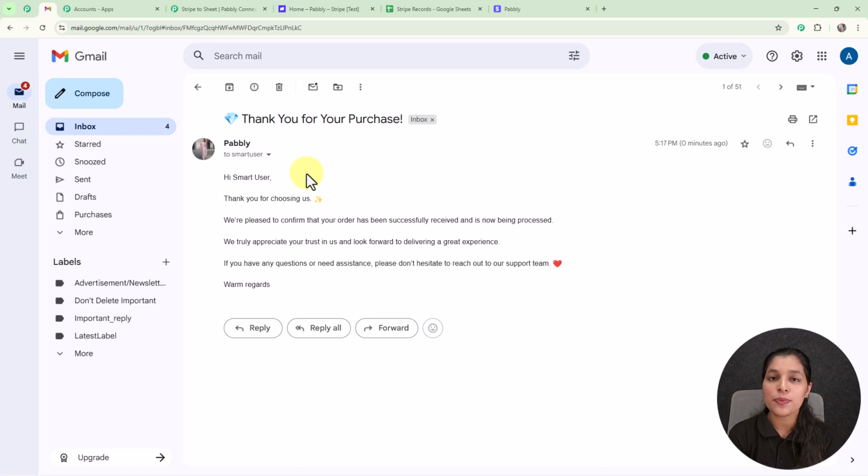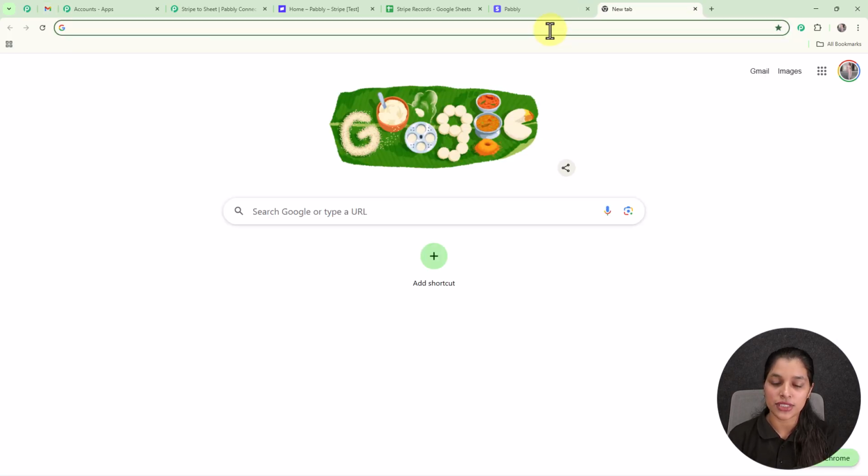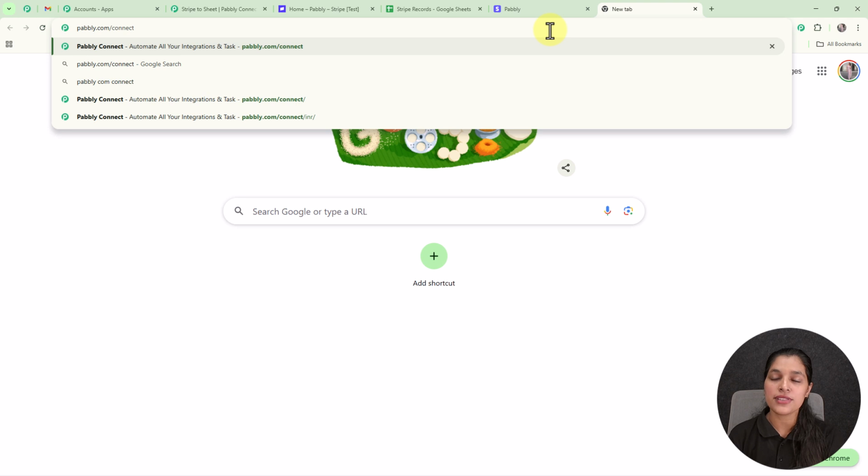You can also build an amazing automation like this for enhancing your own business by using Pabbly Connect, and we can build this automation without even a single line of coding. For accessing Pabbly Connect, you just have to type its URL in a new tab, that is pabbly.com/connect,